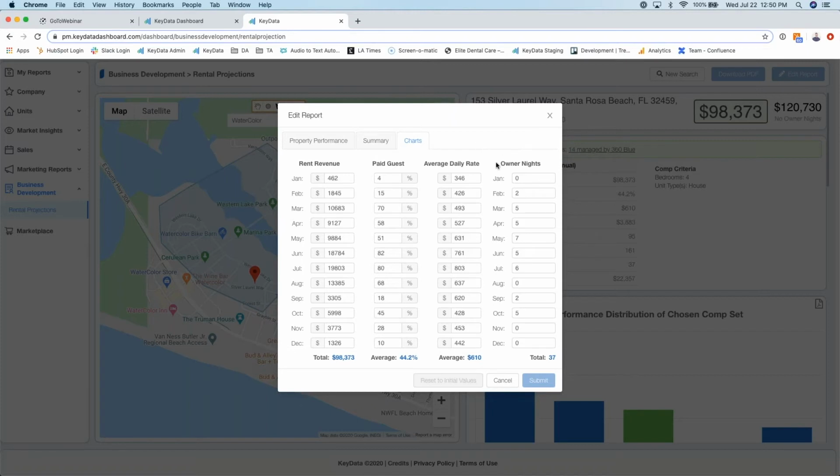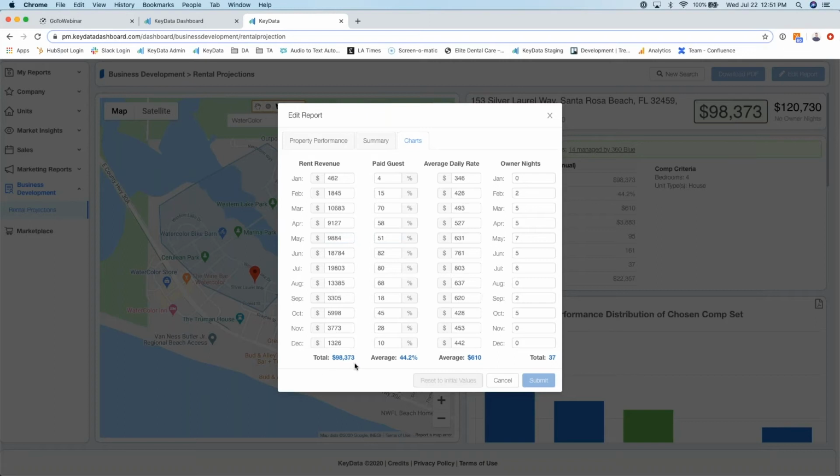So maybe they anticipate using the property all of the month of May. So instead of averaging 7 owner nights for the month of May and being 51% booked with guests, I could then go in and increase those owner nights, remove the rent revenue for the month, and then recalculate a customized